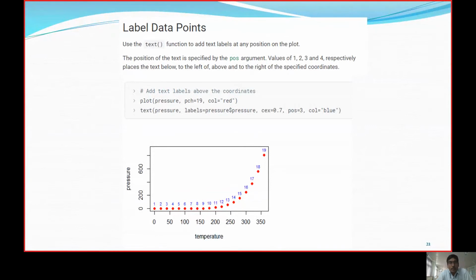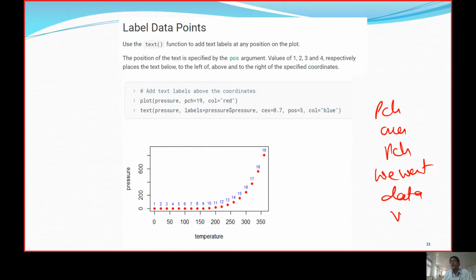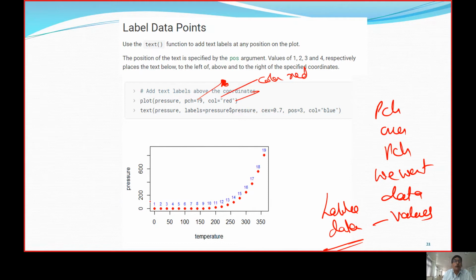Next one. The interesting one is that we not only put the PCH, but over the PCH we want data values. In this case, we need to give labels with data. How are we going to do that? PCH 19, we are taking as circles, and then we give the color red, and above each coordinate we are going to get the value.